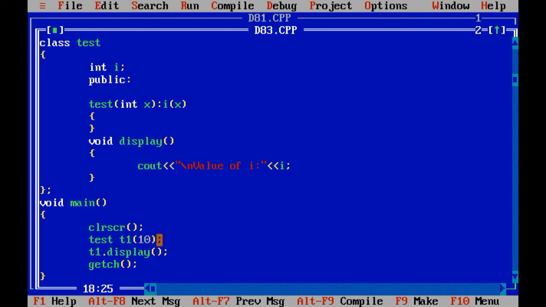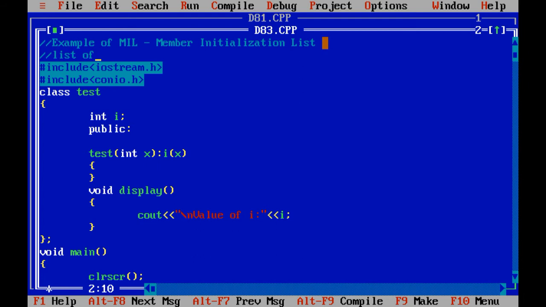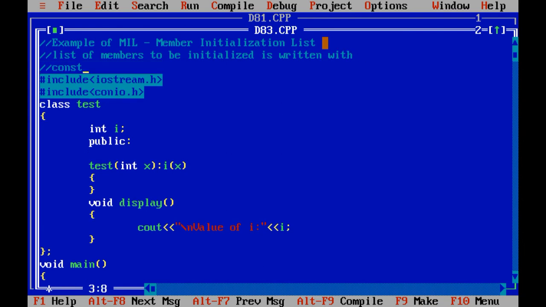If you want to pass two values, then you can also use MIL. The list of members to be initialized is written with the constructor, separated by a colon. That means when you want to pass two values, you separate them by a colon and by a comma.